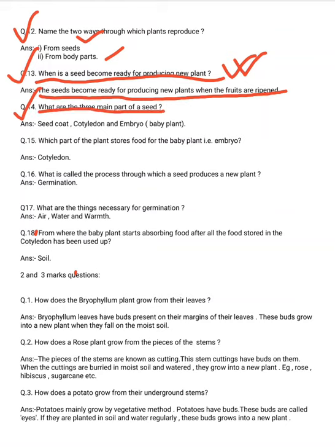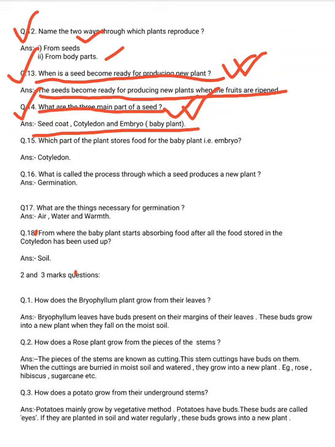Question number 13 done. Now question: what are the three main parts of a seed? This is a very important question. Seed coat, cotyledon and embryo, that is the baby plant. These are the three parts. One question that may come is very important: you have to draw the structure of a seed